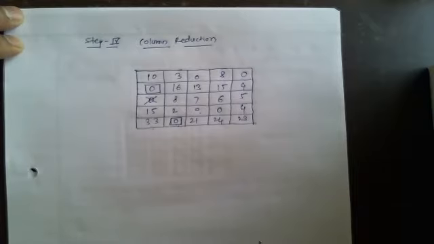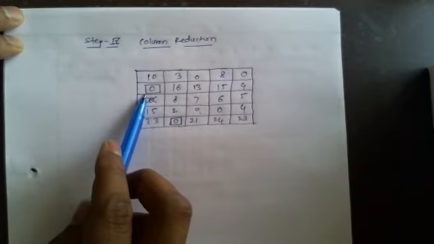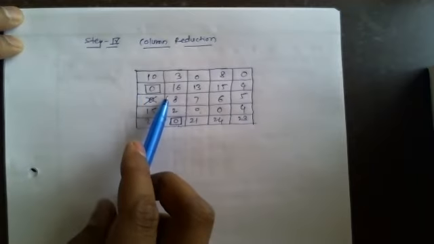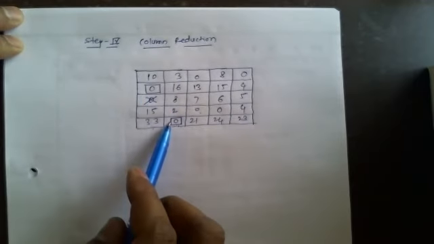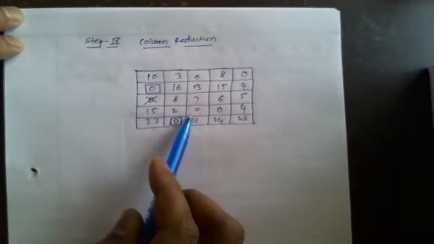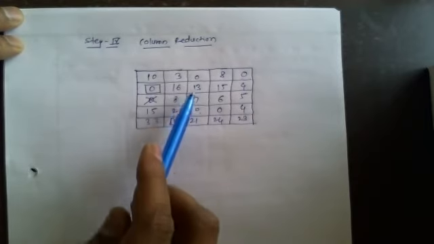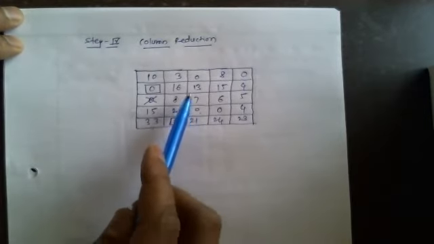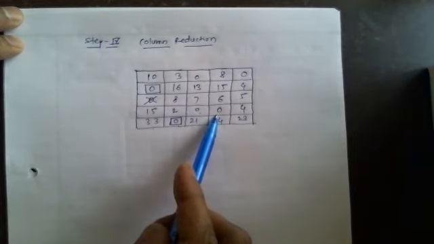Now go for column wise procedure. In first column already we did the assignment, then we will skip this particular step. In second column again we did the assignment, so I will skip this step also. Now in third column, check the single 0. No, here 2 zeros are present. So what we have to do? We have to skip this column. We have to go for the next column.